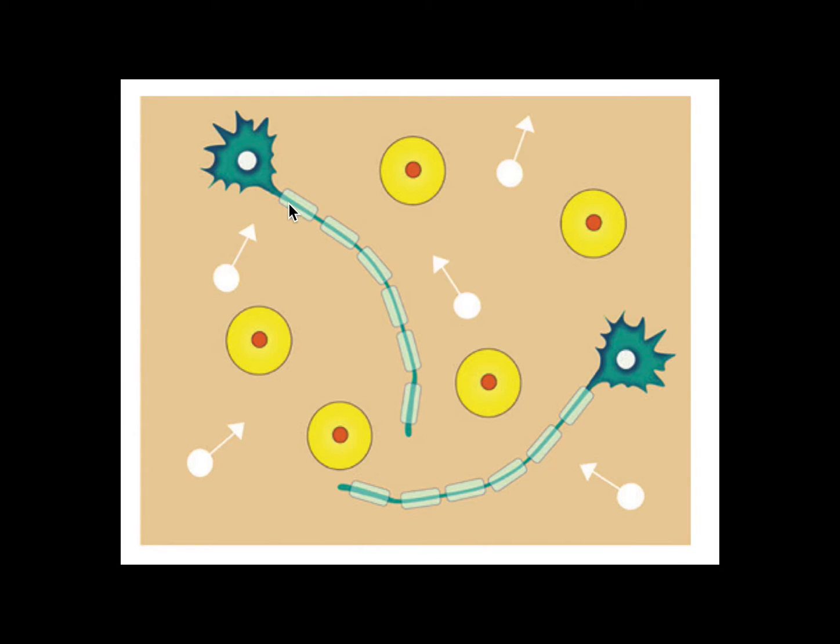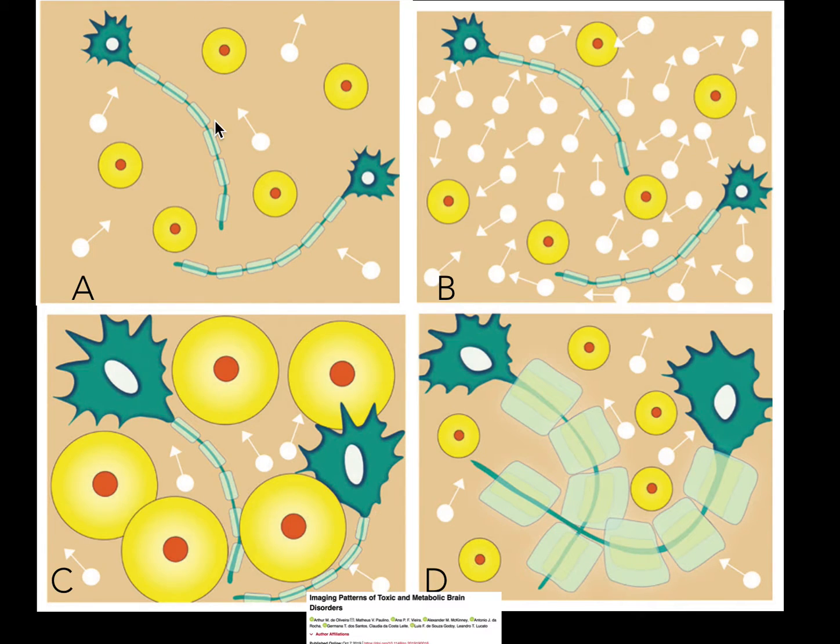These are the myelinated neurons, and these are the glial cells, and this is the free diffusion of water molecules, which occurs in the normal brain, in normal tissue. What is this? This is vasogenic edema, because the cells are normal in size and a lot of water has come out of the cells or from another source, the blood vessels, leading to vasogenic edema.